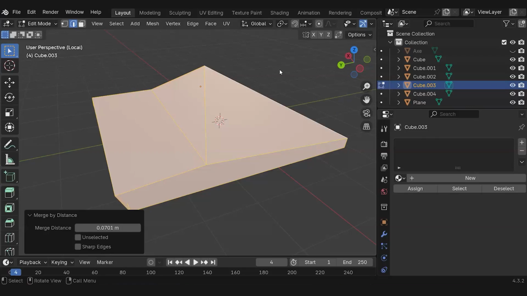Or sometimes what happens is, if you have geometry you didn't know was split, I'm trying to emulate that too. I'm going to do Control R. Okay, so for example, I'm going to just delete this face.